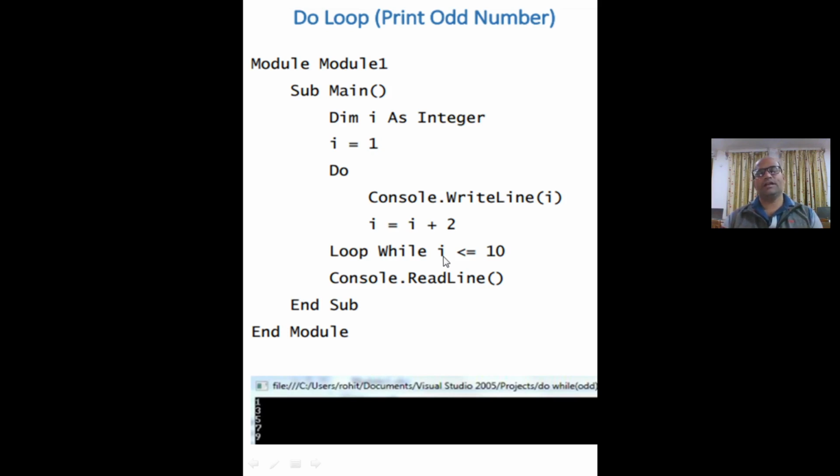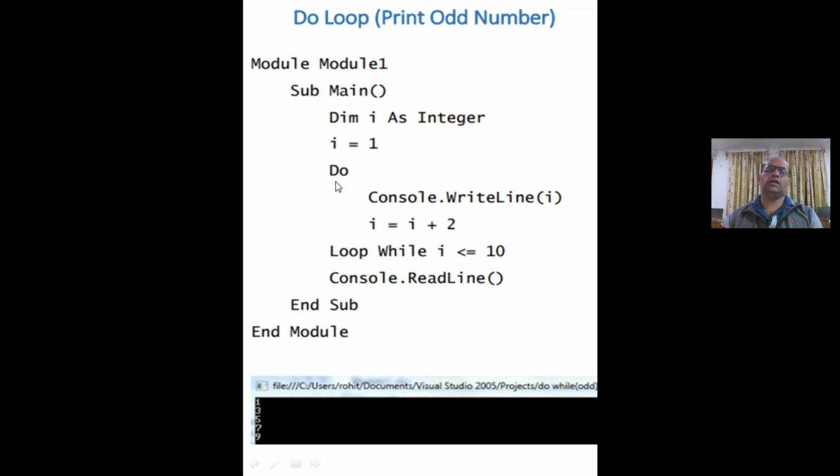We check the condition: 3 is less than or equal to 10. Yes, it's true, so the condition is met, and the control switches back to the do loop.